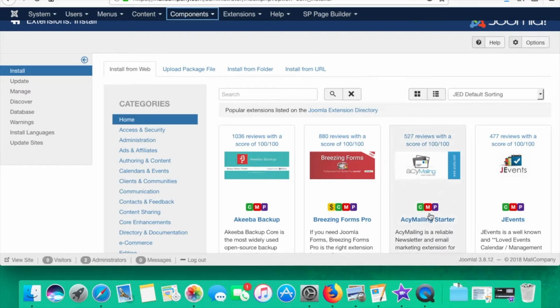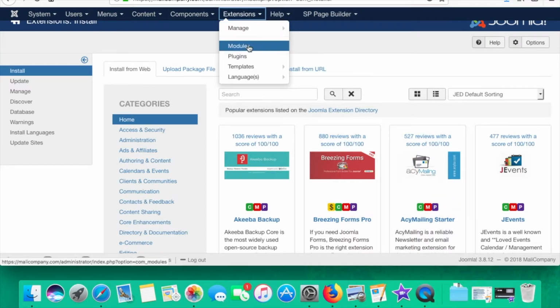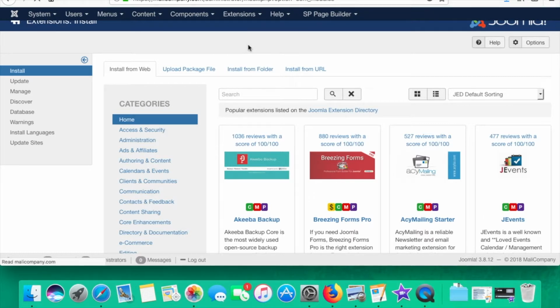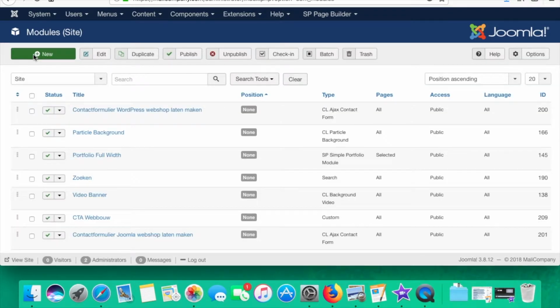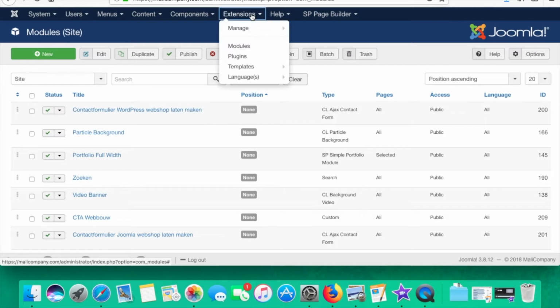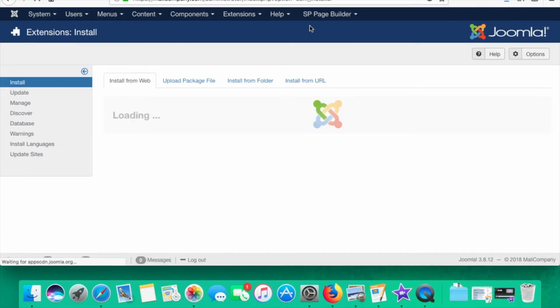Then there is another small icon, an M, and that means modules. Modules are most of the time elements you can put directly into your website, and most of the time you can see them here under Modules. You can add a new module, and in the list you will see the new module of the extension. You just have to assign it to a module position, and then you can actually view it on your website. So, getting back to our extensions again,